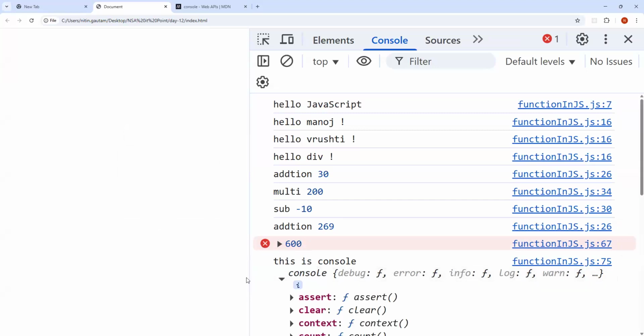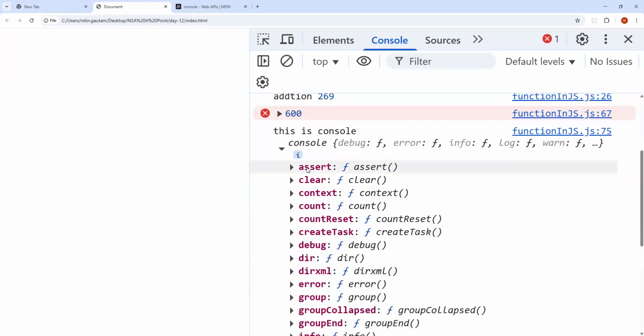Can you see? It gives you all of it. The opening and closing curly brackets mean it's an object, and inside that we have keys like debug and error, and the values are functions.